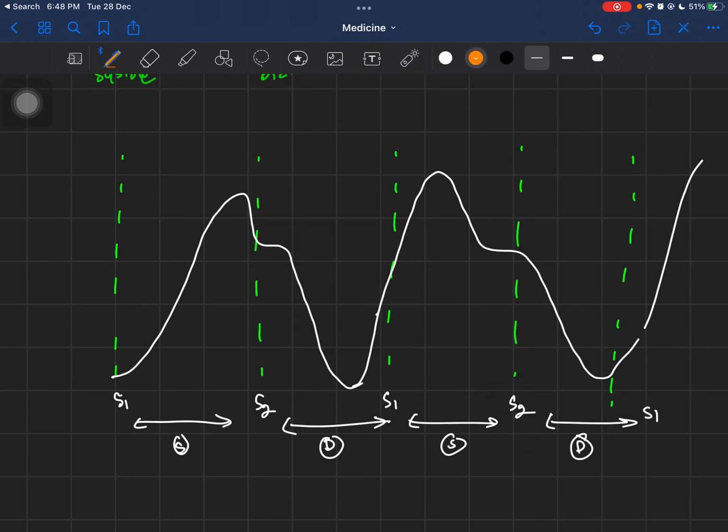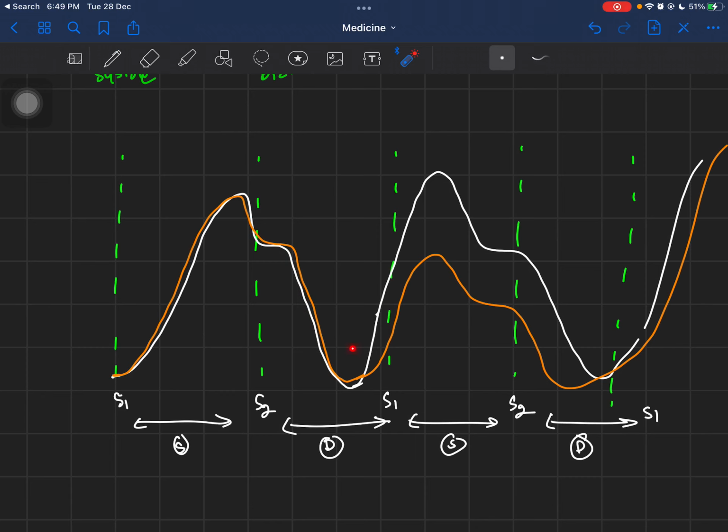Now you get a tracing where in one beat you are getting a normal amplitude of both the tidal as well as percussion waves, but in the second wave you see something like this, and in the third wave it's a normal wave again, and this continues. So one of the waves is normal in amplitude and character, but another wave is small. The subsequent wave is normal, another wave might be small. So this alternating pattern of waves is known as pulsus